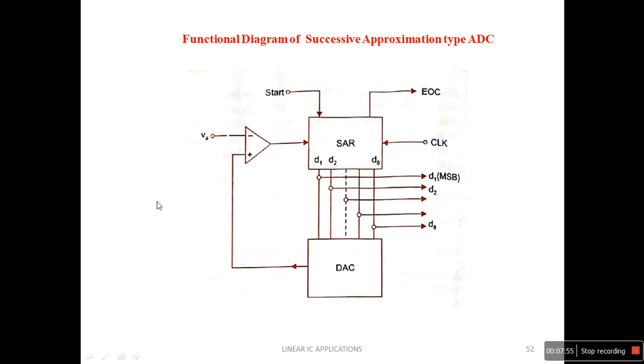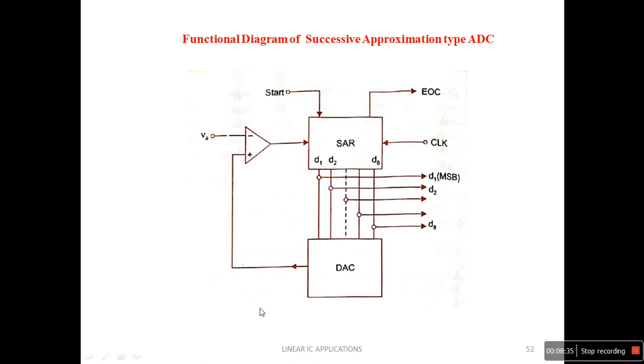Before going to discuss the example of 3-bit operation, I would like to discuss a small comparison. We will observe the measurement of some unknown weight by using a physical balance. Assume that on one side we put some known weights, and on the other side we put the unknown weight. For example, assume I have 4 standard weights: 8 kg, 4 kg, 2 kg and 1 kg. In total, 8 plus 4 plus 2 plus 1 is 15 kg.